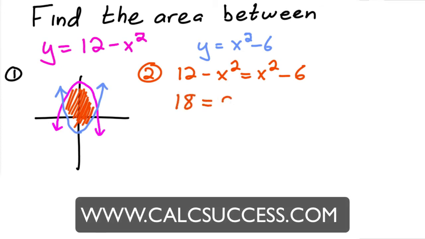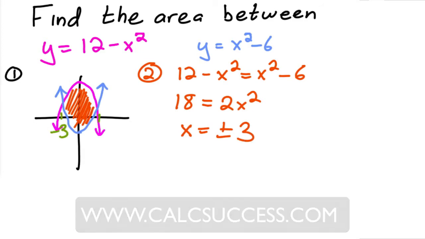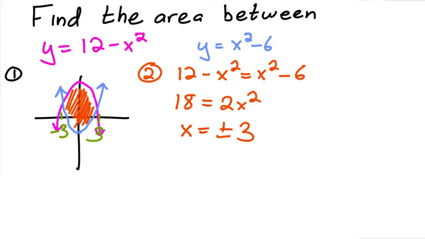So 18 is equal to 2x squared. Divide by 2, get the square root. I get that x is equal to plus or minus 3. Okay, so that's pretty easy. So then my third step is to set up my integral then from negative 3 to 3 of top minus